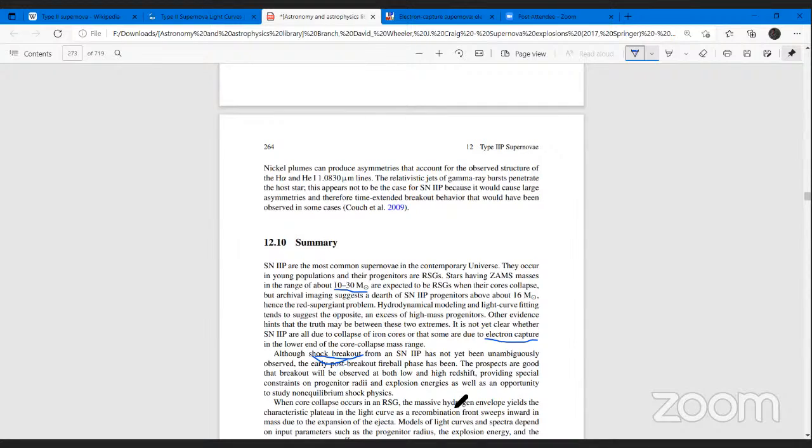So from this paragraph, I understood that by studying the shocks in a deeper manner, we could get the answers to some